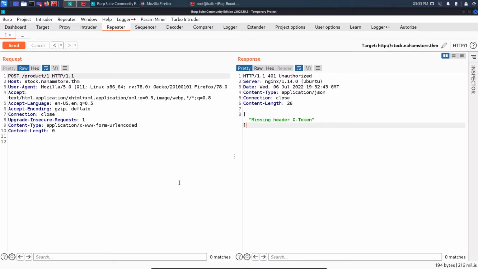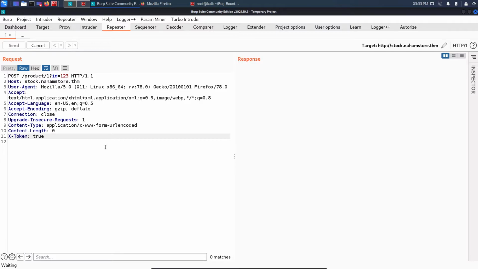So let's try to go for hidden parameters. I will look for POST parameters as well as GET parameters. So let's first of all try with GET parameters. For GET parameters, what we do is, we do a question mark, id is equal to something, let's say 123, click on send. Again missing header X-Token. Then the other thing which I can do is, I can also try the X-Token header, and let's set it to 2. I'm just doing this randomly because I don't know actually what X-Token is. So hit send,